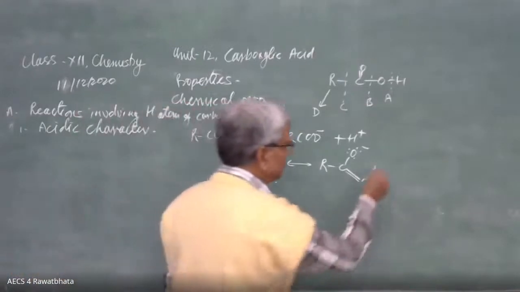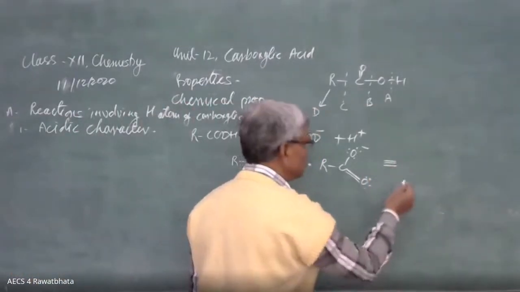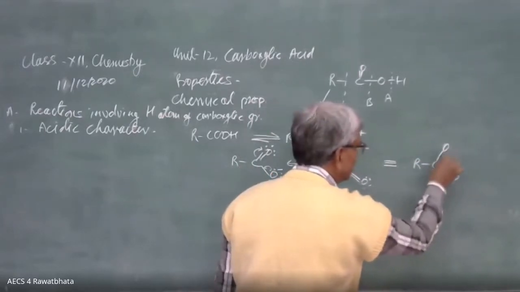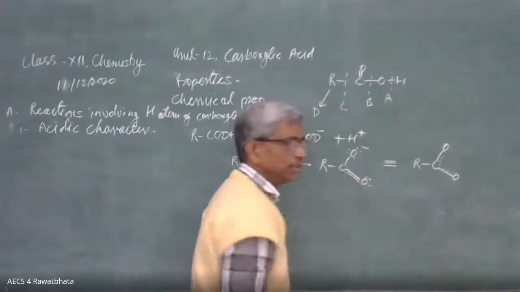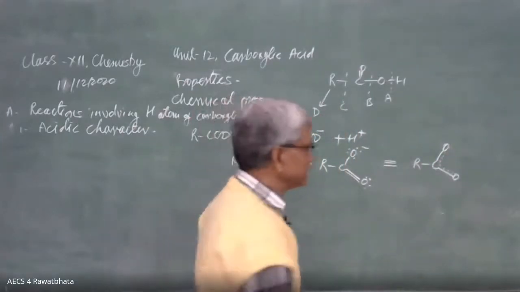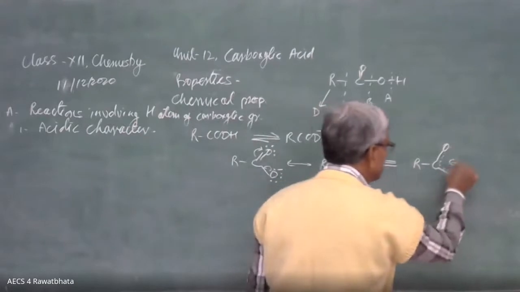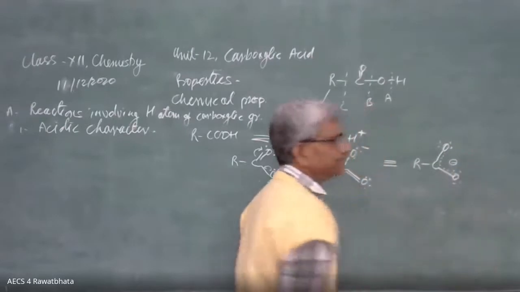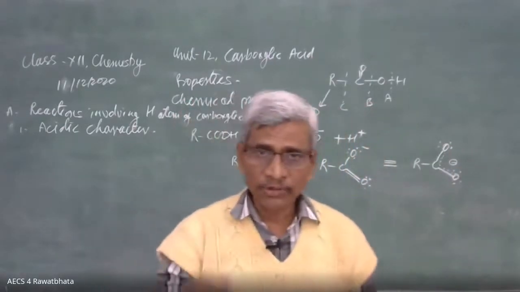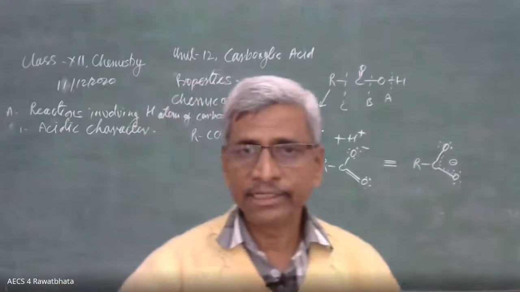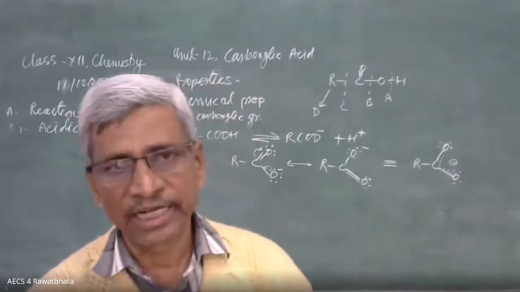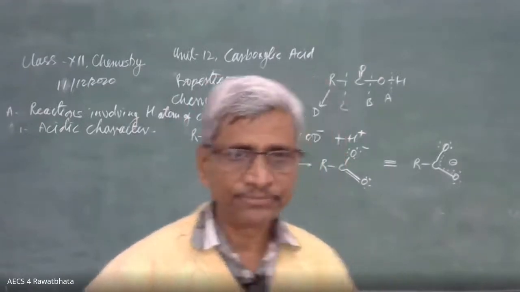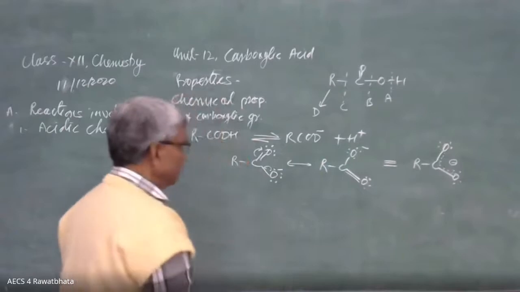Then there is a resonance hybrid that is equivalent to R, C, here is O, and this is the delocalization of negative charge. In this delocalization, this negative charge is distributed in between these 2. Here the lone pair of electrons. That's why carboxylate ion is stable, and carboxylic acid easily ionizes to give this ion and hydrogen ion. That's why they are acidic in nature. Okay. We can also take the